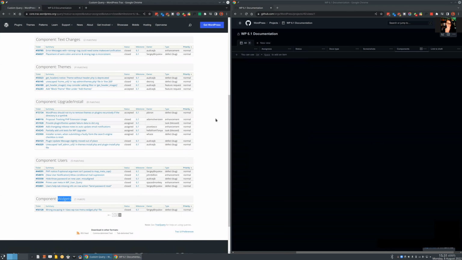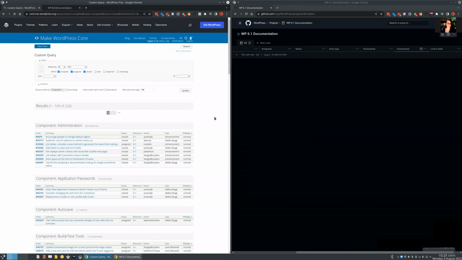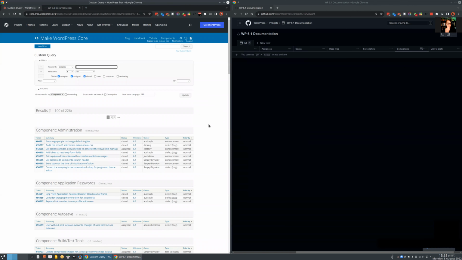I will just add this one to have it in this video, but what we actually need now is a keyword. We have a few keywords here, but let's say that we are using them for documentation. So we have needs dev note and needs docs, which is for developer docs, and then needs user docs, which is for end user docs, and then all those keywords that have need also have their pairs with has dev note, but